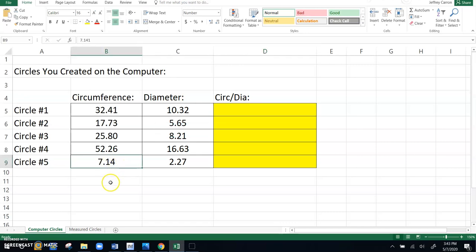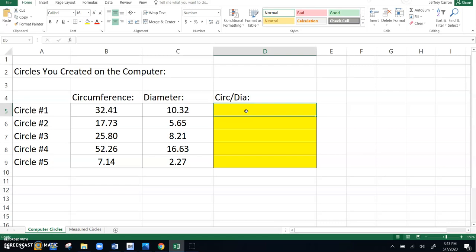I had a small circle right here. Obviously, it's got a really small circumference. Had a pretty big one right there, a couple of medium-sized ones right here. And then these were the resulting diameters after I made those circles that big. Over here, I had already put the formulas in there, but if you want to see how I did it,